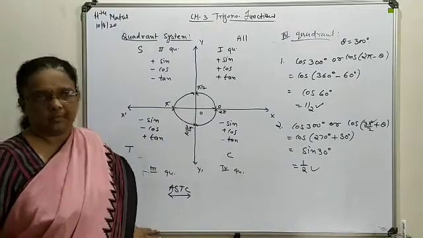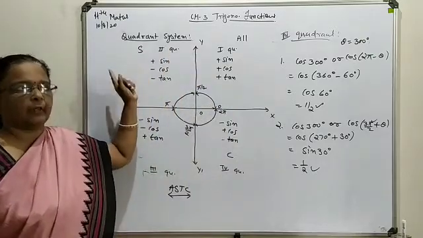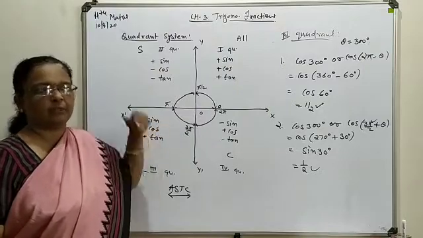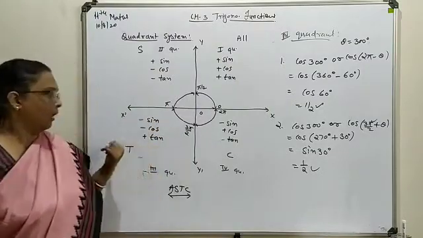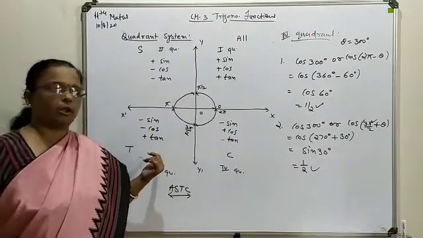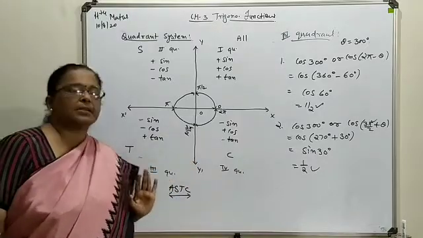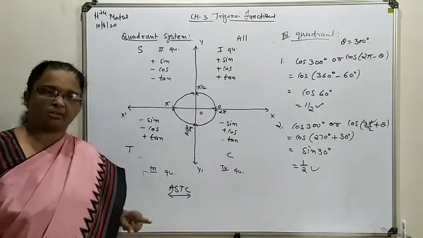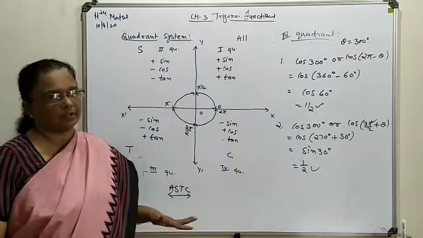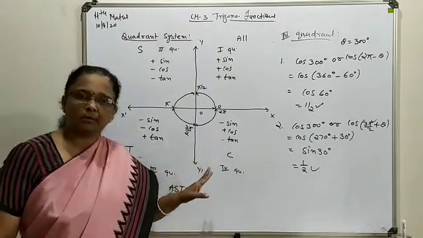If you keep this in your mind, you will never make a mistake in taking the sign of the respective terms. In the first quadrant, all are positive. In the second quadrant, sine is positive, so obviously cosec will also be positive and the remaining are negative. In the third quadrant, tangent is positive, which means cot will also be positive and the remaining 4 are negative. In the last one, cos is positive, meaning sec is also positive, which is the reciprocal of cos, and the remaining 4 are negative. So this way you can fix the sign concept in your mind.